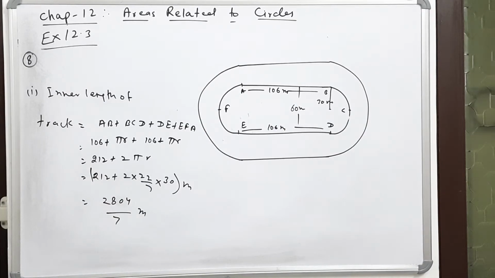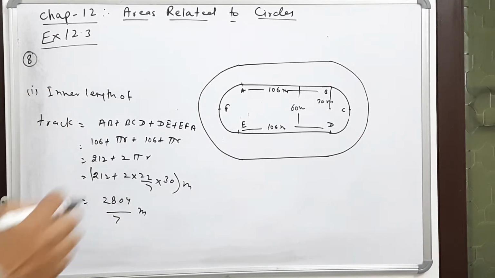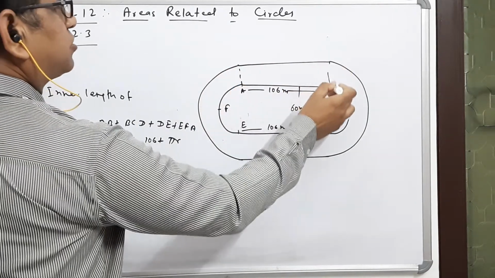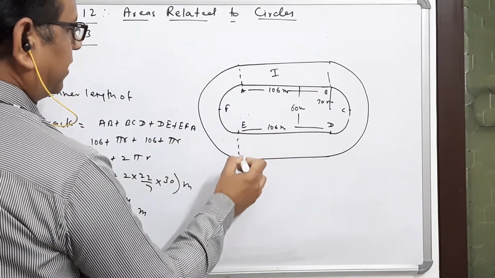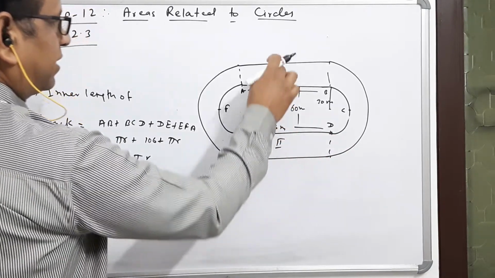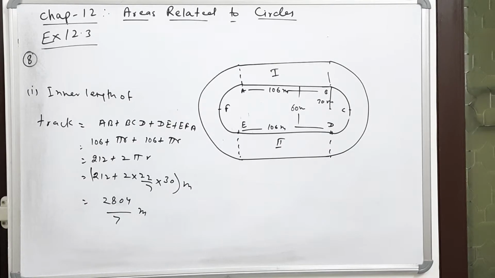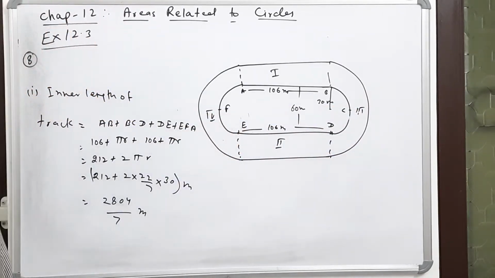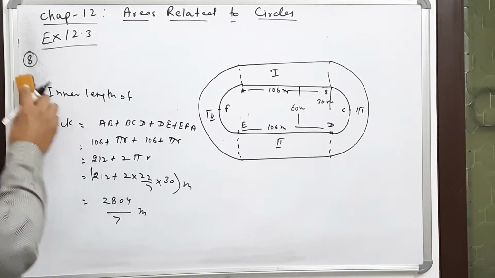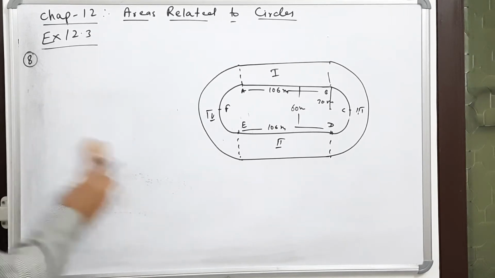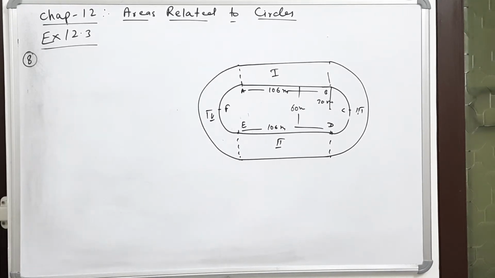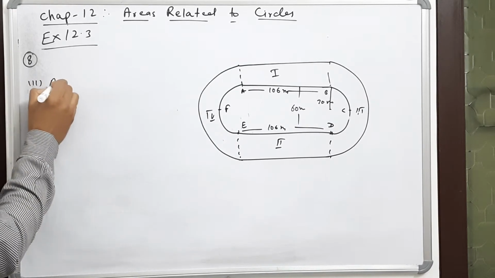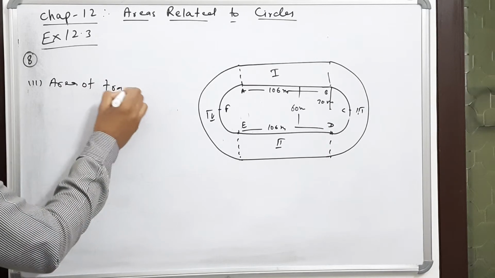Now the second part is we have to find the area of the straight. For area, if I join it from here and join it from here, then this is the first area, and if I join here and join here, this is the second area. Now this first area and second area, these are definitely the rectangle, and this third area and fourth area are the semicircular rings. So here we see this part, the area of ring track. The second part is area of track is